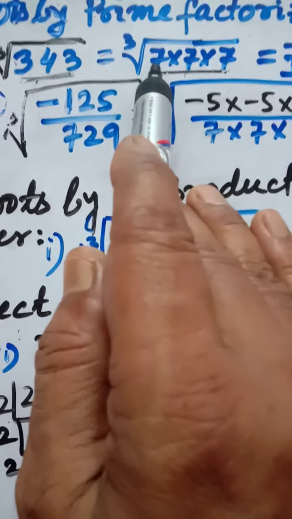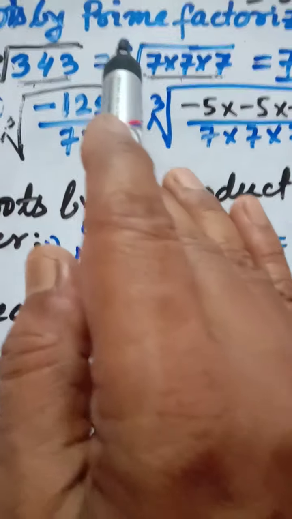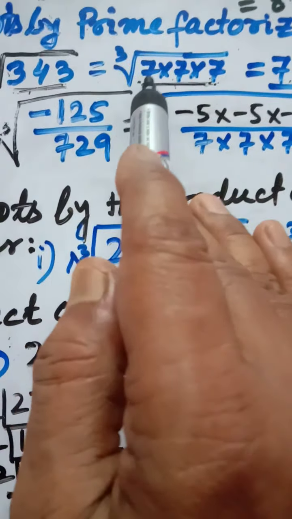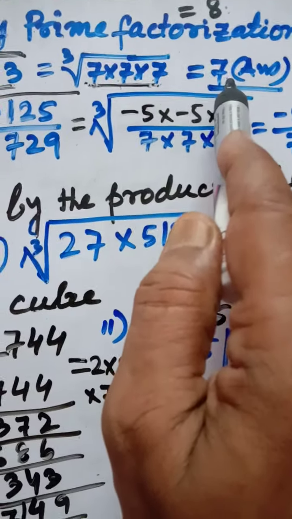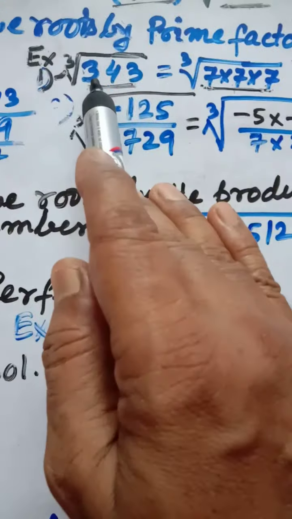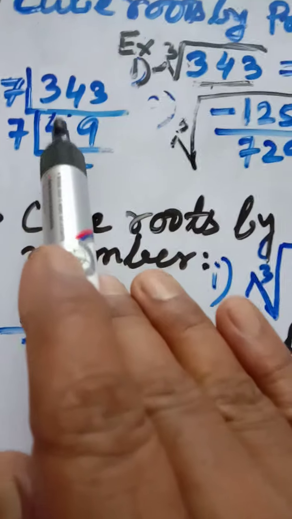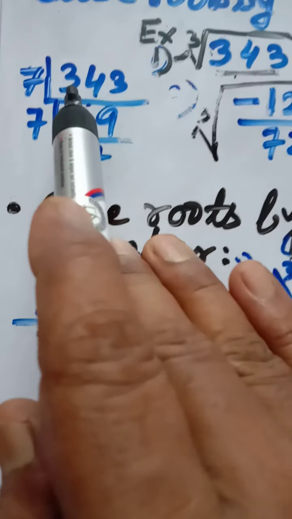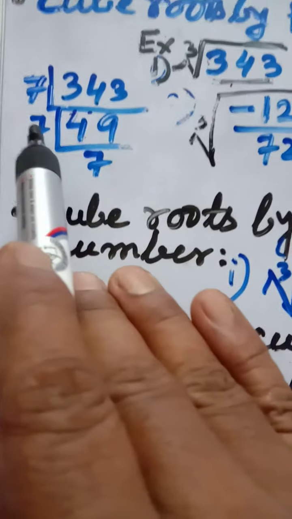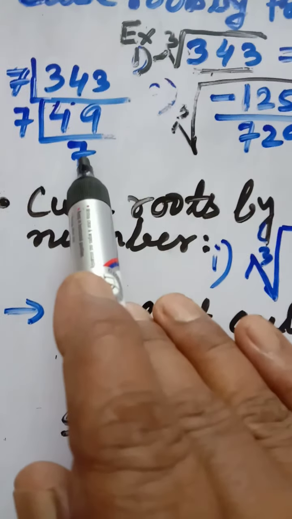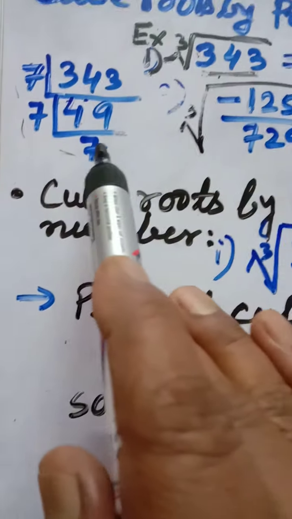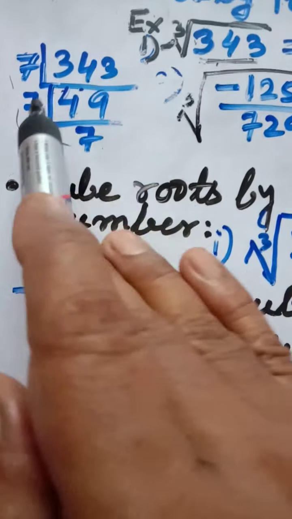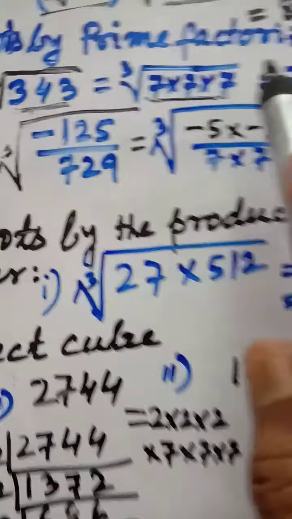So the base is 7, with 3 factors: 1, 2, 3. Then the cube root is there. Out of the triplet only one number will come. That is called the cube root. This is the prime factorization. You have taken out the prime factors of the number. See, 343 has been split into prime factors. 7 will go, 49 will come, then 7 again will go, 7 sevens are 49. This way the product of 3 times 7 will be 343. Out of the 3, 1 you pick, and that will be the cube root.